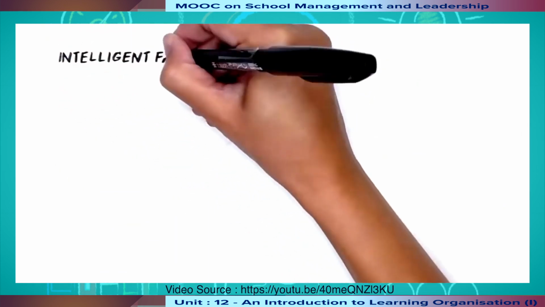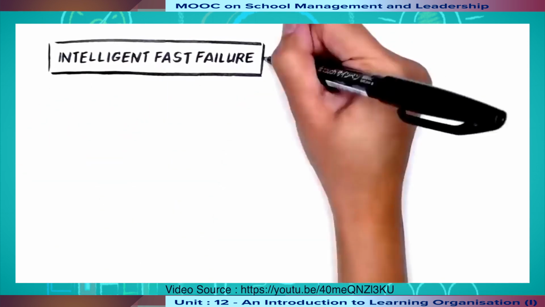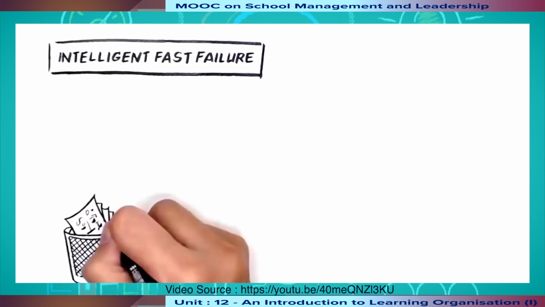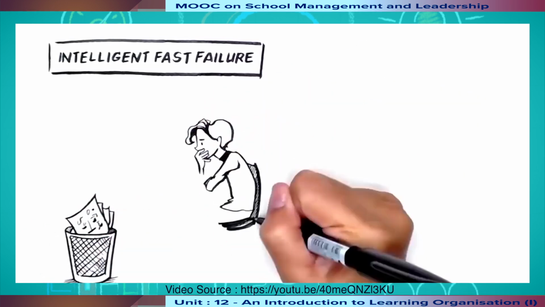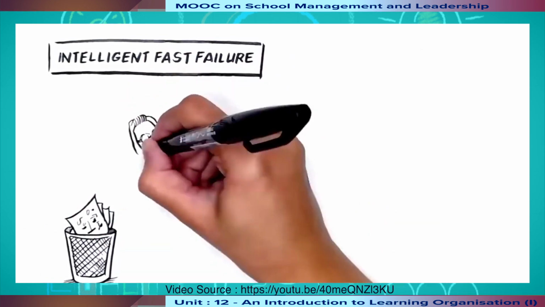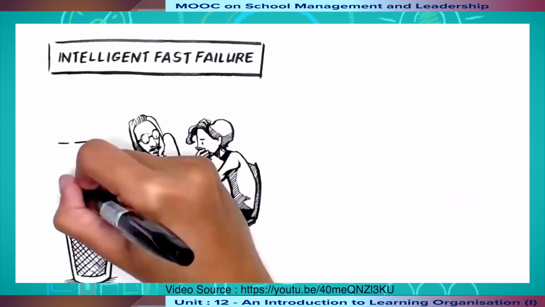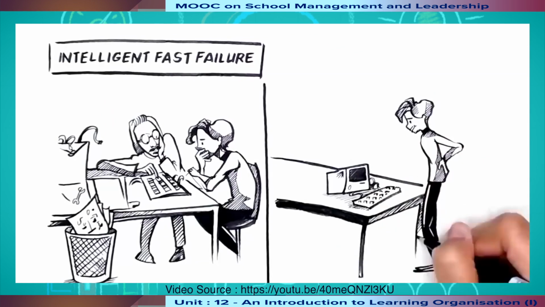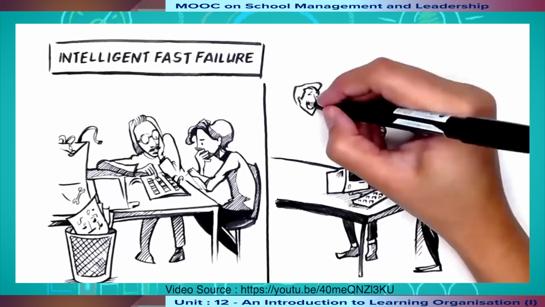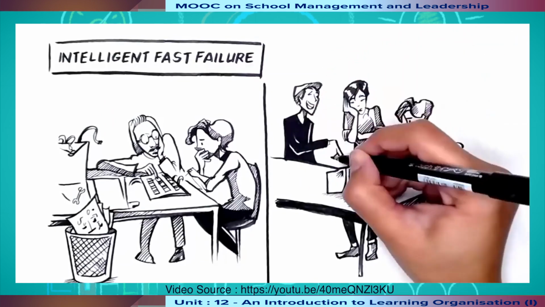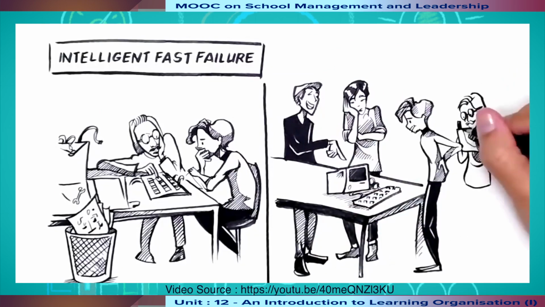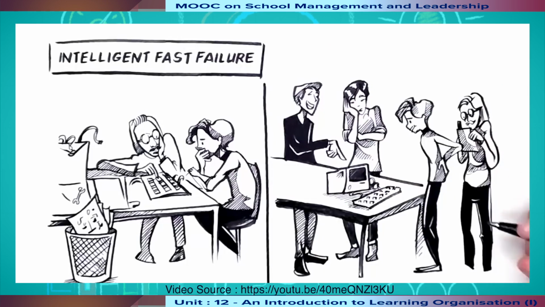They plan for intelligent fast failure. When they build something new, they don't spend time making assumptions on paper. Instead, they create what's called a minimum viable product, a simple prototype with only the core functions. This is then presented to users as early as possible to test what they think. Because it is imperfect, even friends give their honest opinions. The goal? Fail fast, but collect intelligent information so you can improve while going forward.